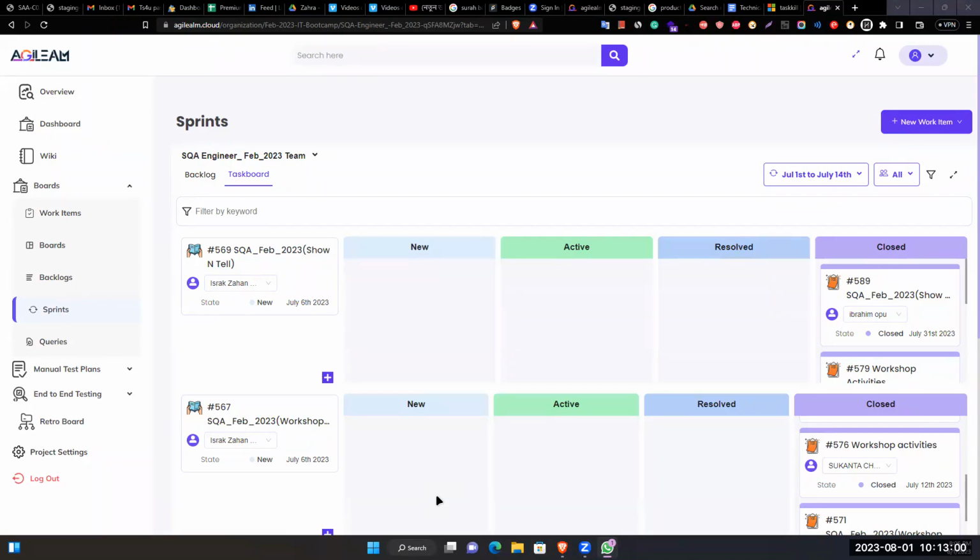And this is your daily activity. You will check the board every day so that you can track the work easily. You'll check their tasks, like someone who has put a target date, but after the target date their task is still in active. Then you ask the question, okay, I saw your target date was yesterday, but it is still active.